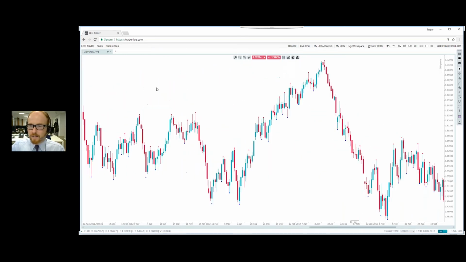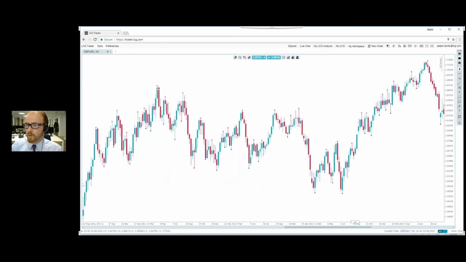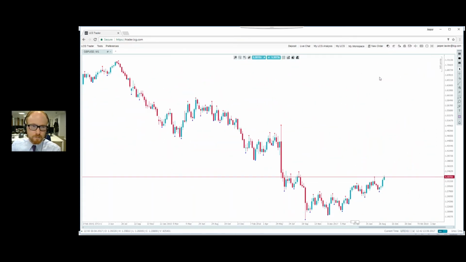So if we go back in time to say before that whole trend developed, what was happening here? We were basically in an uptrend, but then something started to shift. So this was the uptrend that we just saw, and then we had this was a higher low, this was a higher high, this was a higher low, this was a higher high, but then we didn't make another higher low. We made a lower low. We took out this low down here, and the market started rolling over,